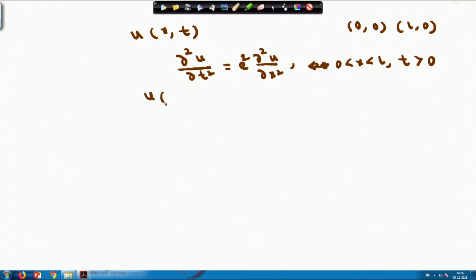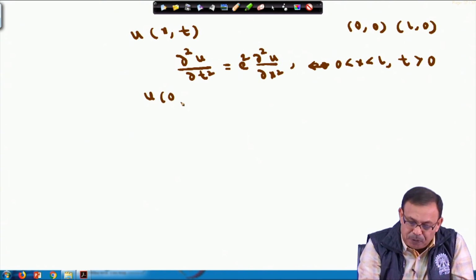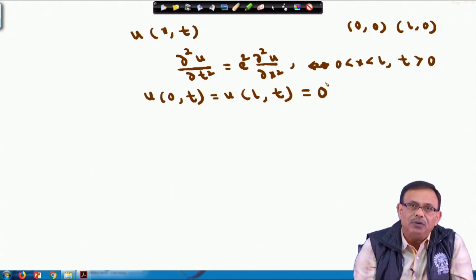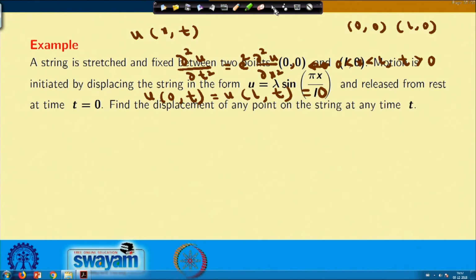u(0,t) and u(L,t): they were fixed at these 2 points (0,0) and (L,0), these are the fixed points. So, u(0,t) equals u(L,t) equals 0, because they were fixed at (0,0) and (L,0). At x equals 0 the value is 0, and at x equals L also the value is 0. So, one condition is u(0,t) equals u(L,t) equals 0, and the other one, if you see the problem again, we have told that motion is initiated by displacing the string